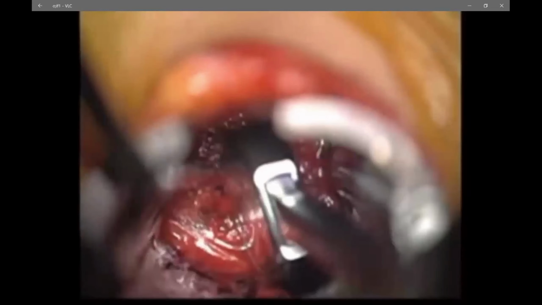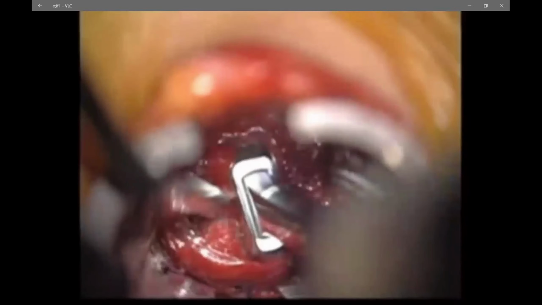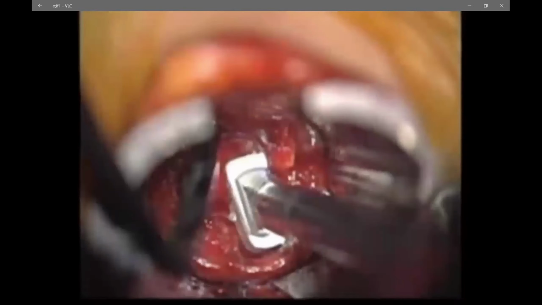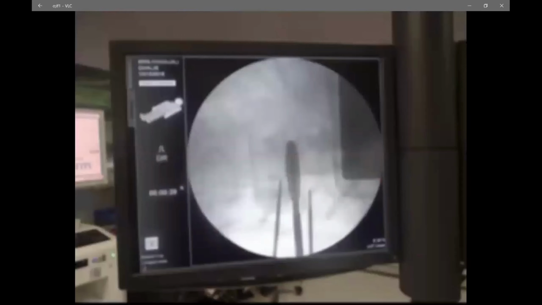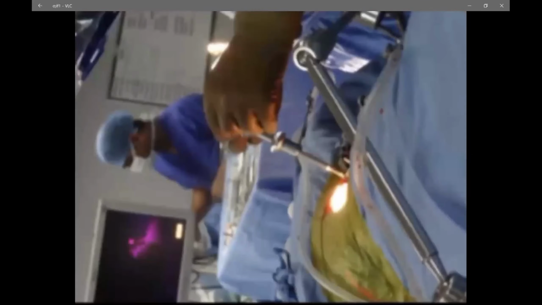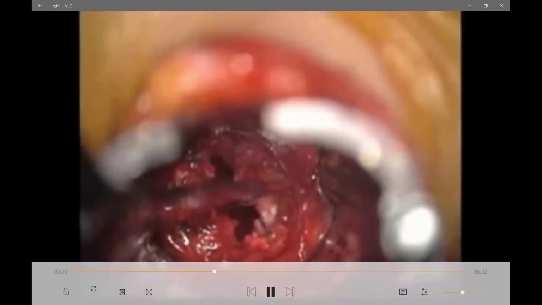Now then you use a trial. You go inside, and as you go inside, you do the tilt. This is the orthogonal maneuver where you tilt it on the side. So this is how the spacer looks. With this you can calculate the height and the disc space. So progressively you use these instruments. You use the dilators progressively, which increase in size. In this case, this is around 14 millimeter. Now this is using the 16 millimeters.